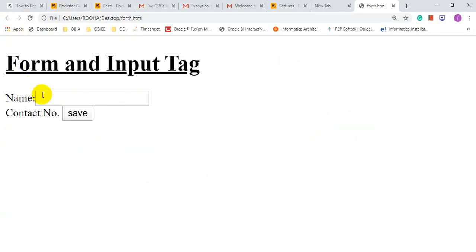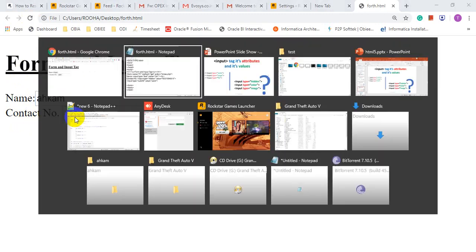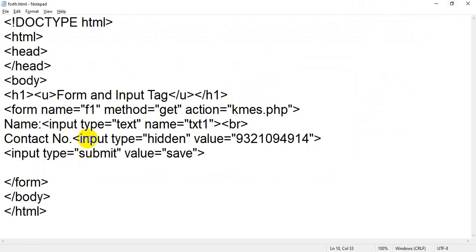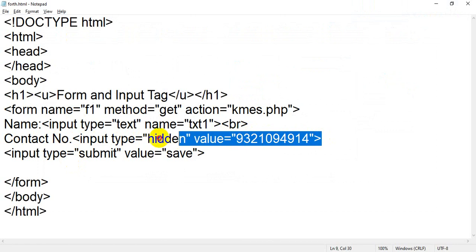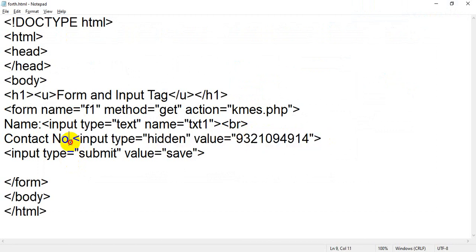See, this is the line where I have taken input type equal to text. For example, I have typed a com. Okay, contact number, see the magic here. Contact number, I have taken input type equal to hidden, but it will not show any text box. Okay, after contact number, if you go back to your text box, I have taken contact number input type equal to hidden value. I have written this line, the whole line is hidden. Okay, it is not displayed, input type hidden is not going to create any text box.